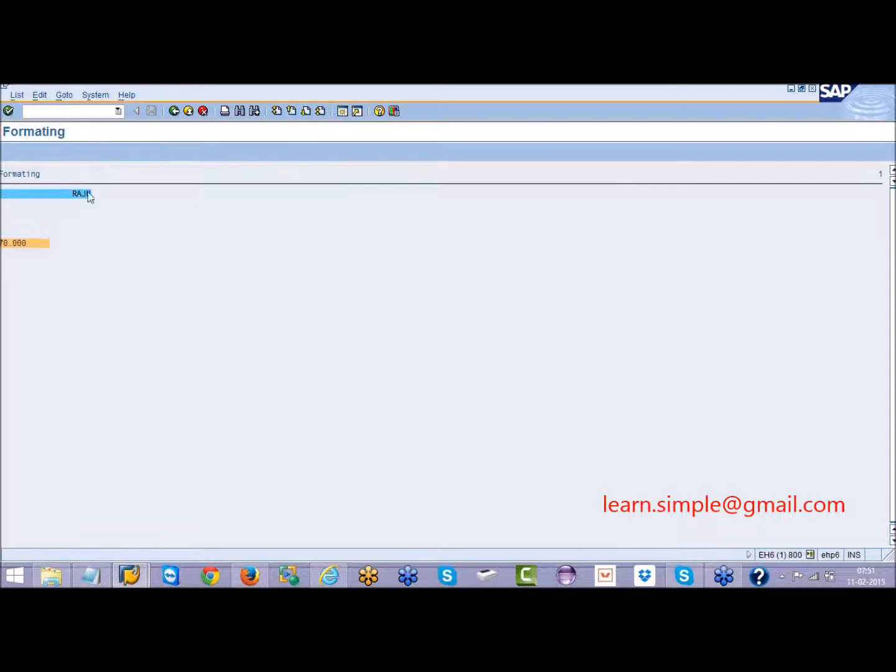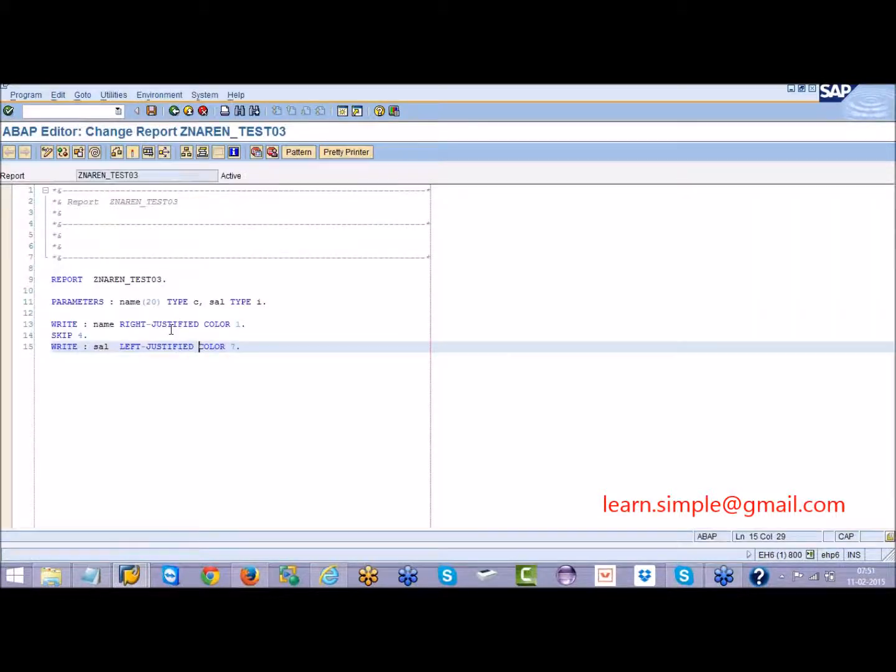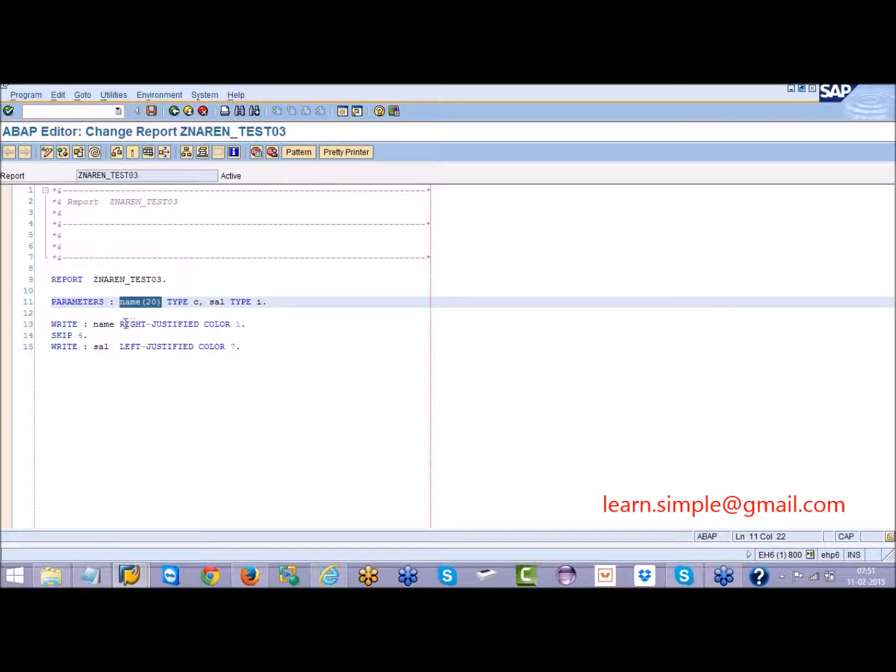It is right justified on the particular variable. This Raju is stored in this variable name. So this name has space to store 20 characters. Among these 20 characters, whatever value you give, for example Raju, is right justified.